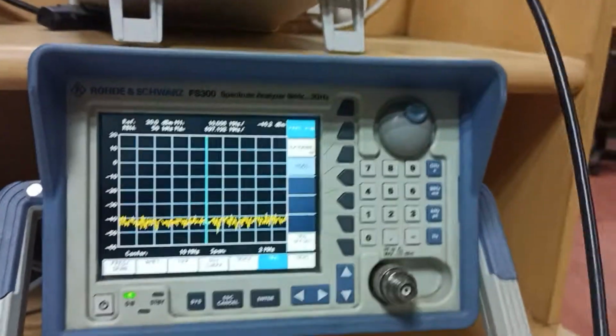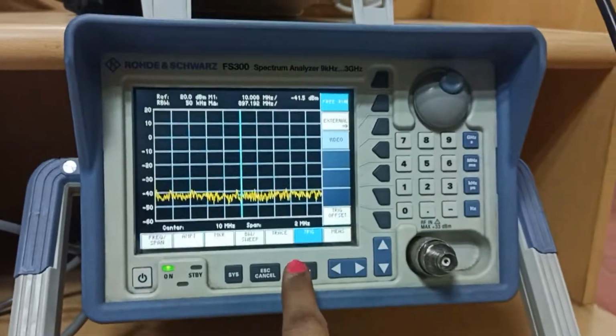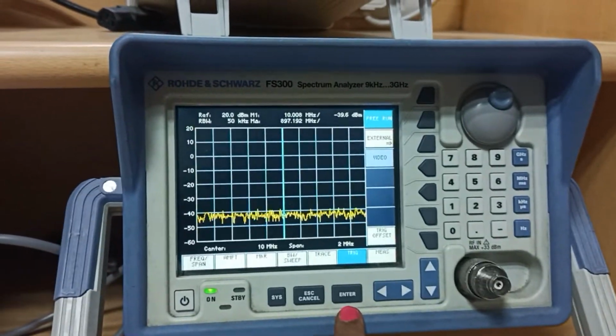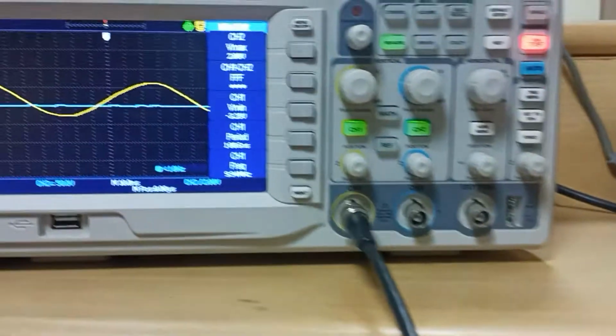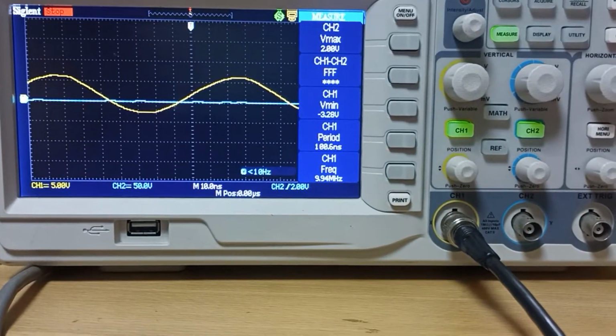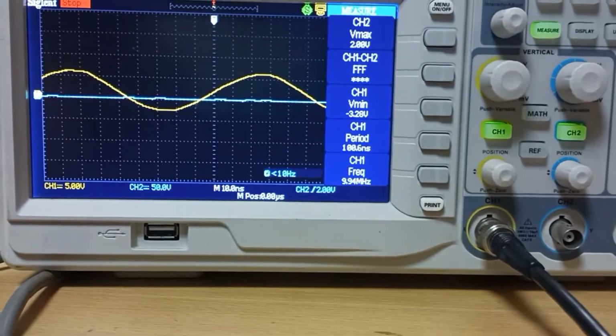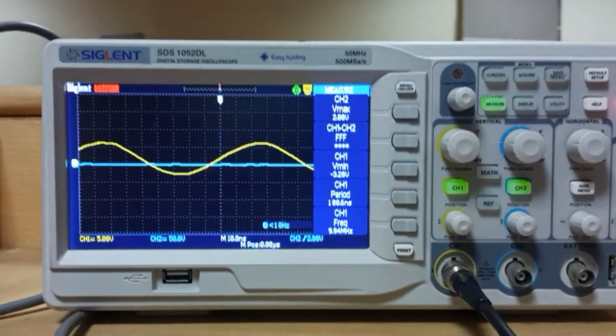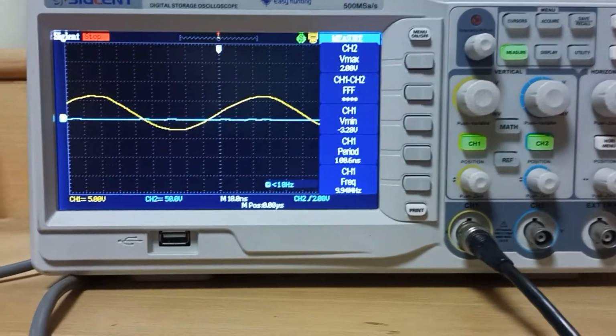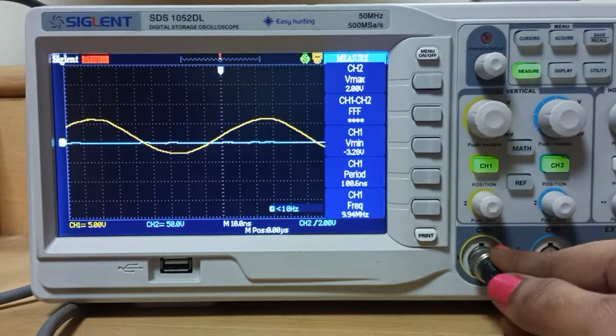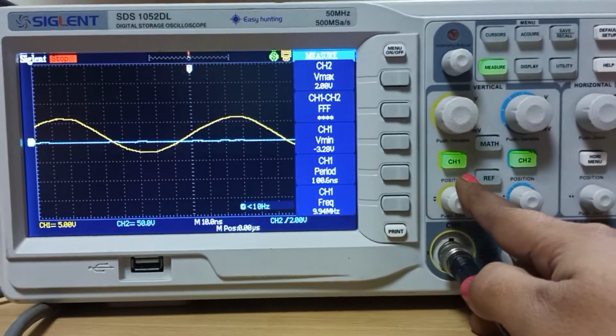Before connecting the BNC cable to the spectrum analyzer, we have to verify whether our signal has the same amplitude and frequency or not. So we use a DSO, digital storage oscilloscope, and we enter our signal in channel 1.